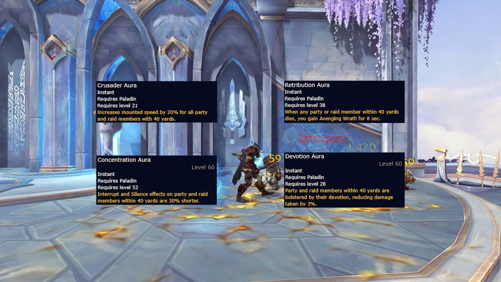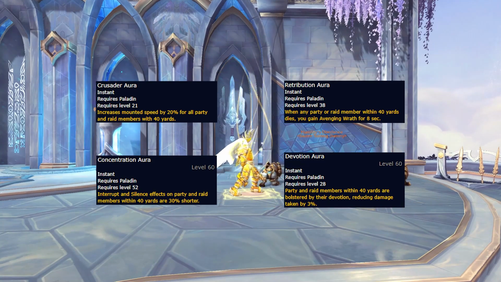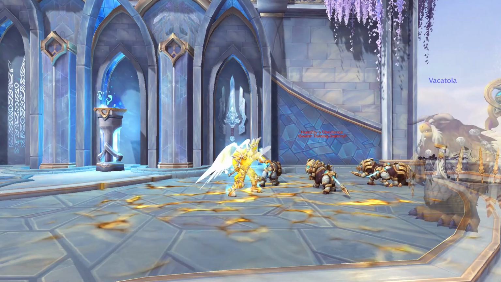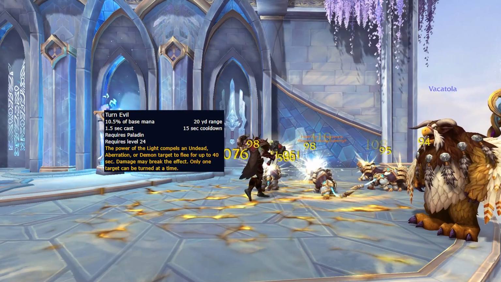On top of the return of Holy Power, auras are also making a return, including Crusader Aura, Retribution Aura, Concentration Aura, and most importantly for PvE, Devotion Aura, which is now a raid-wide 3% damage reduction only provided by Paladins. Paladins have also gained a new ability in Turn Evil, which fears undead, aberrations, or demons,